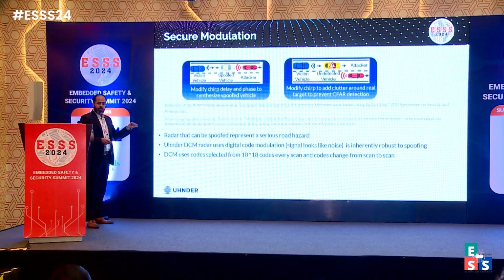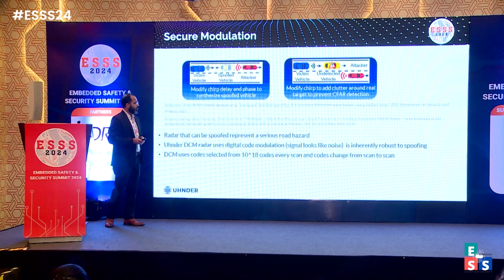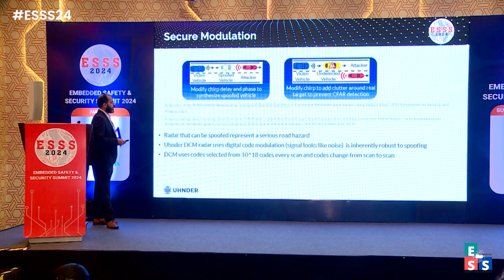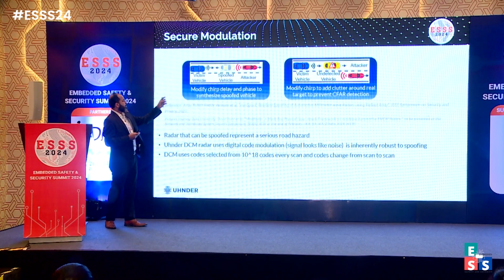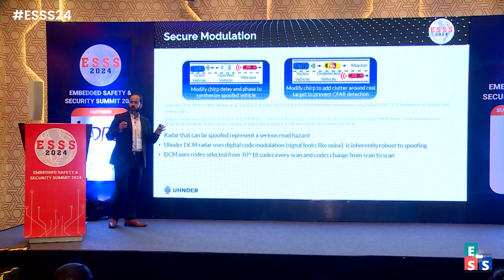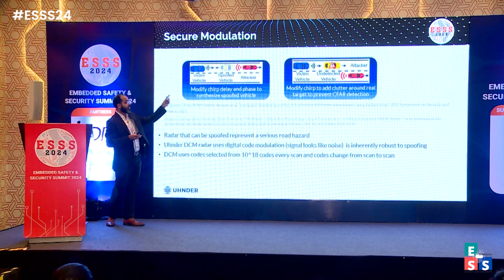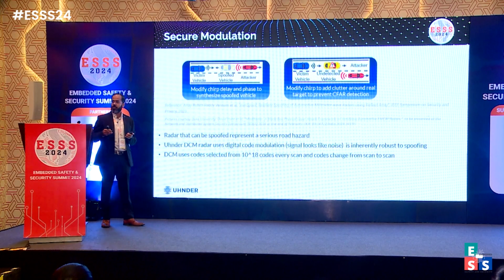So this was the example that I was talking about. There was a research done last year at Duke University. This was also published in IEEE last year. And what it shows is that the red car here, which is the attacker, can receive the signal from the victim vehicle and can somehow modify the signal and create a spoofed vehicle. So while there is no car, I receive the radar signal, I modify that signal, and the attacker sends back the signal. And now the victim car suddenly sees a car in front of it,